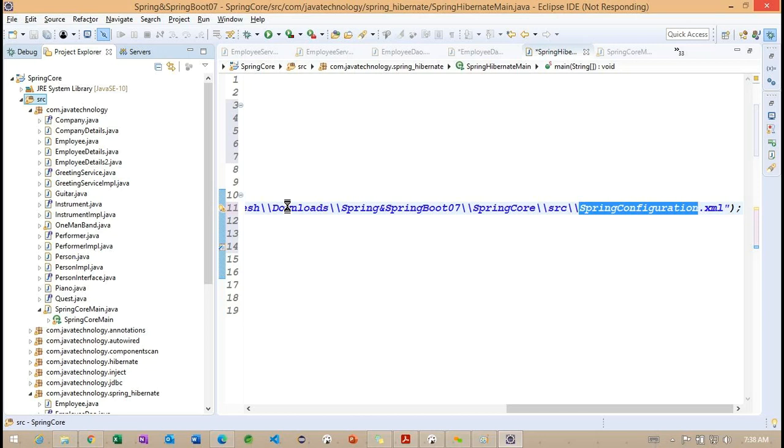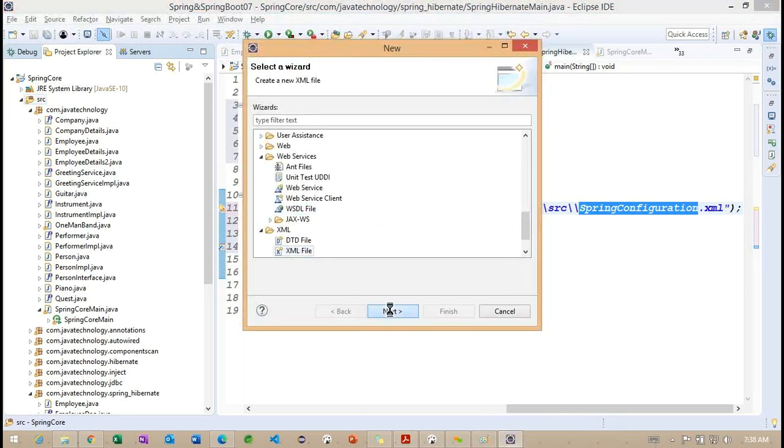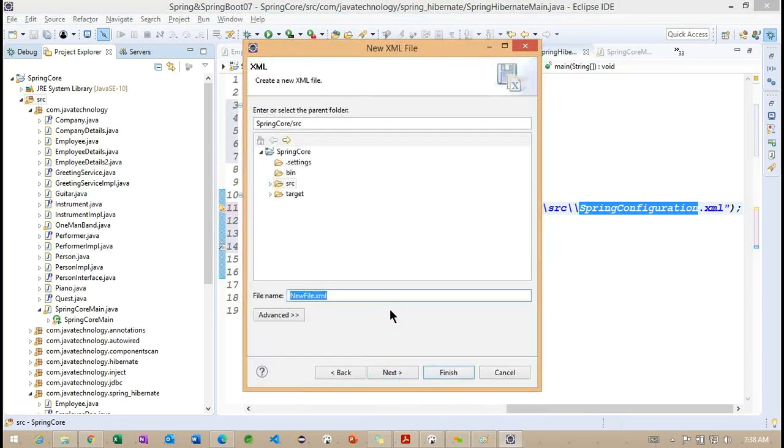So again, it is not responding. We need to wait a couple of minutes. Okay. So now here what I want to do, no, actually I'm trying to provide the XML configuration example only here.